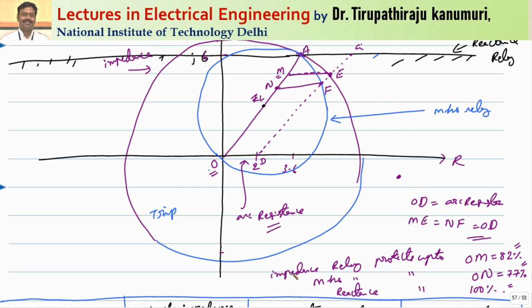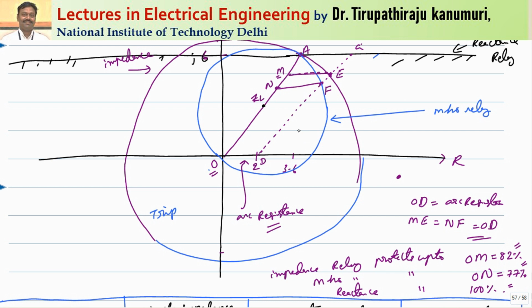Whereas if you go for the impedance relay, because it is protecting the majority of the line, this can be used for medium length lines. This is affected by the power swings, because the area covered by the impedance relay is more when compared to that of the Mho relay. That's why the power swing effect is more. That's why for medium length lines, where the arc resistance is very small compared to your transmission line impedance, there we can go for the impedance relay.